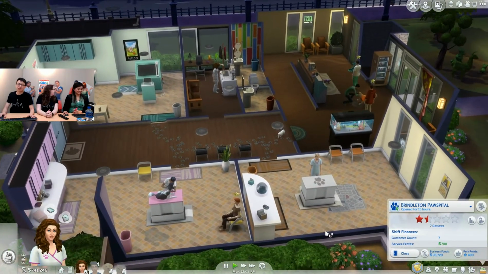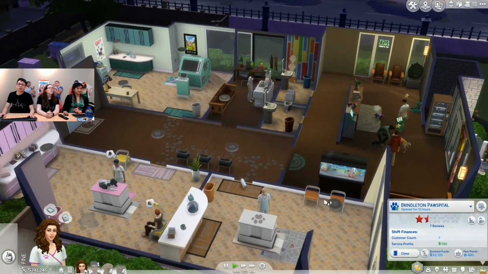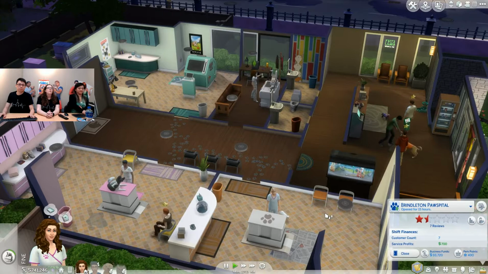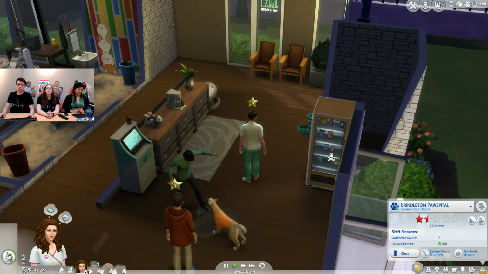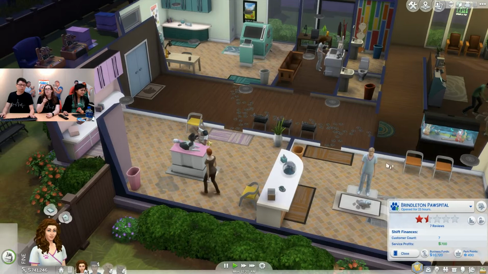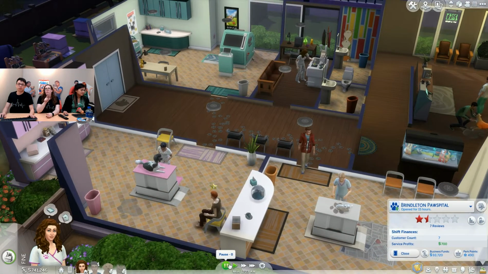Hey, two questions. One, are there pre-made rooms for the vet clinic if you're not a good builder? And two, can you put snacks and sodas in the vending machines as well? So you can only put treats into the vet vending machine. There are no pre-built rooms with exam tables and surgery machines. But there's this one which is already on a lot, and then we have one lot bin, which is when